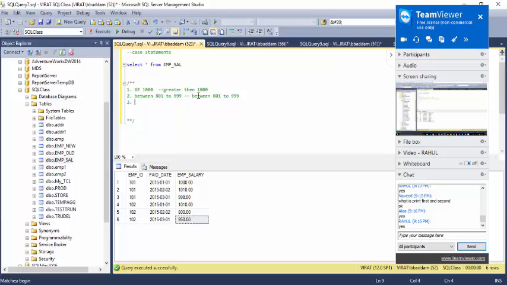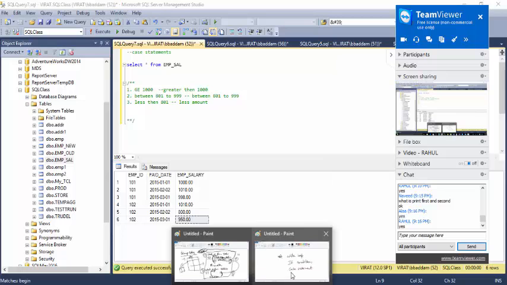I can write less than 801. Less than means it will not consider 801, it will take less than 801. Then I want to write a value called less value, less data, less amount. Okay, now what the output should look like is,